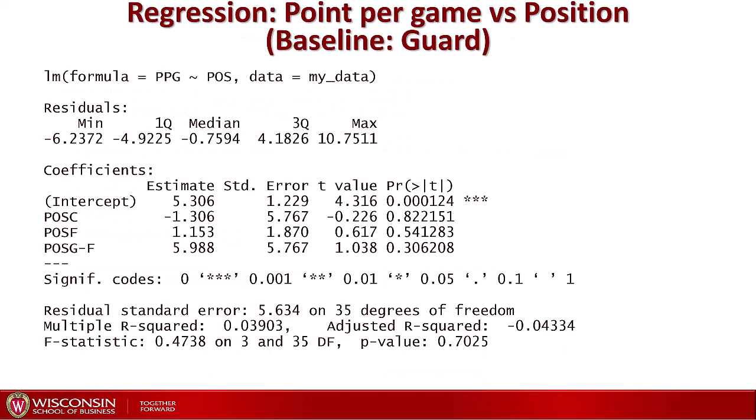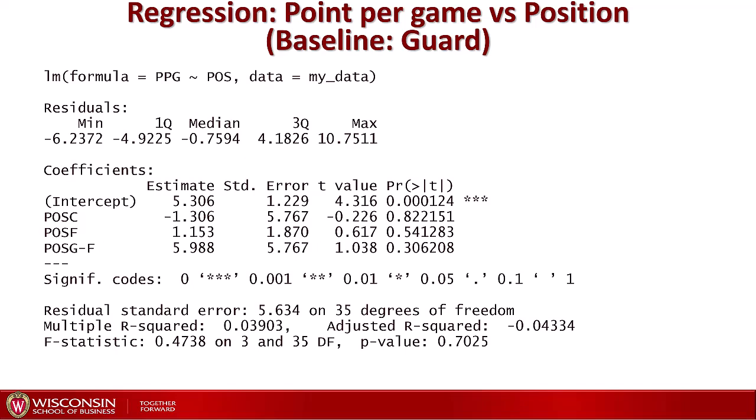Here you can see the output of a regression where I have the number of points per game for each player as a dependent variable and the position of the player as an explanatory variable. Now, there are 4 types of position. I have to pick a baseline, and I pick guard as the baseline. So there are only 3 explanatory variables left: the position of center, the position of forward, and the hybrid position of being guard or forward. Now, the intercept is the average number of points per game for our baseline, so for guard. So we can see that the guard position on average scores